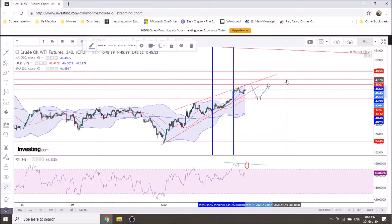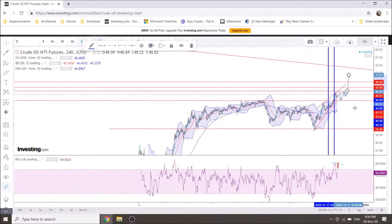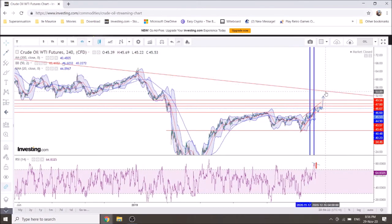47.7 area. Are we going to reach 50? That's of course possible, but I think we need a bit more, some sort of a construction with some higher lows that's actually building against that resistance until we actually get proper breakouts. We're having some targets that are not really perfect, but still a good indication, running somewhere about 53, 54. That could be an end target before we could see some bigger reversal next year, but as